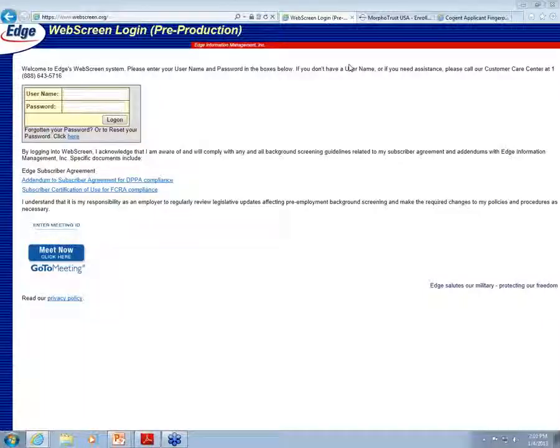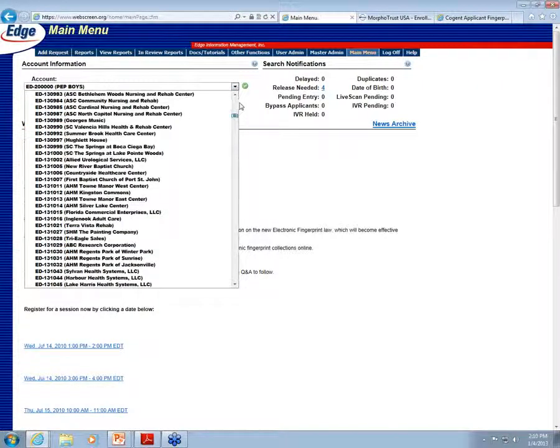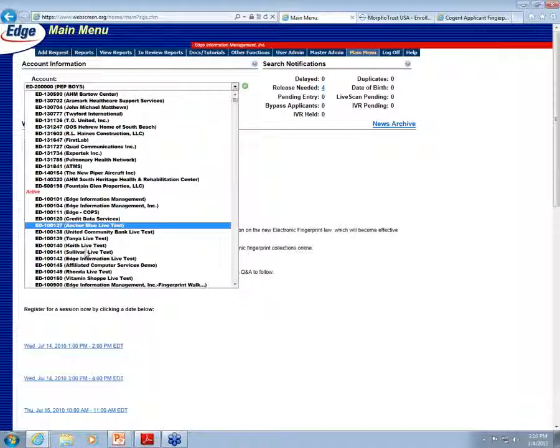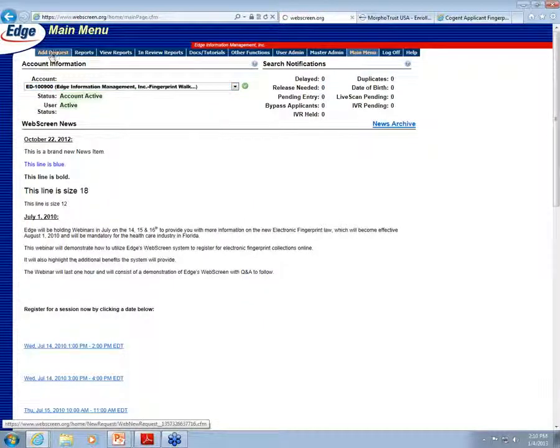So now I'll move into the demonstration portion. Give us one second while we pull up. Okay. For the purpose of the demonstration, I'm using the production site. The pre-production site mirrors exactly the live site. You'll log into web screen as you normally do and select the appropriate account. Once you've selected the appropriate account, you'll go to Add Request,